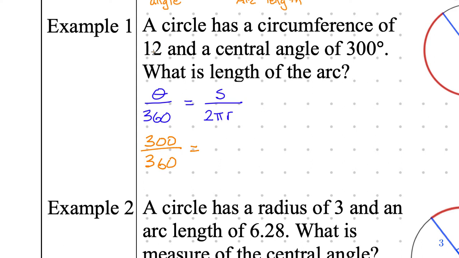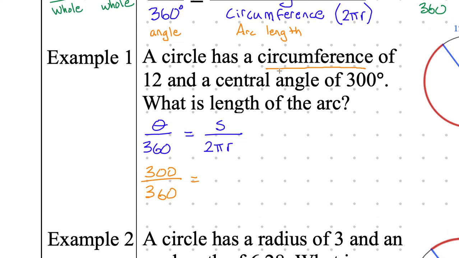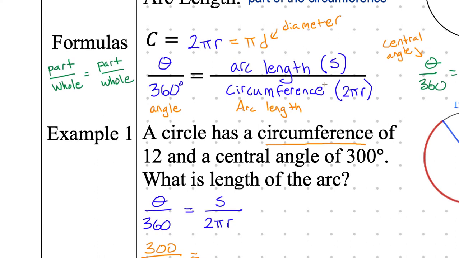It goes where the S should be. Careful. Where the R is. I might have confused you by writing down too much. So this bottom piece is the circumference, which means I can replace this entire 2 pi r. That's all gone now. That is circumference. So where does this 12 go? That goes under S. Yeah, it's going to be S over 12.